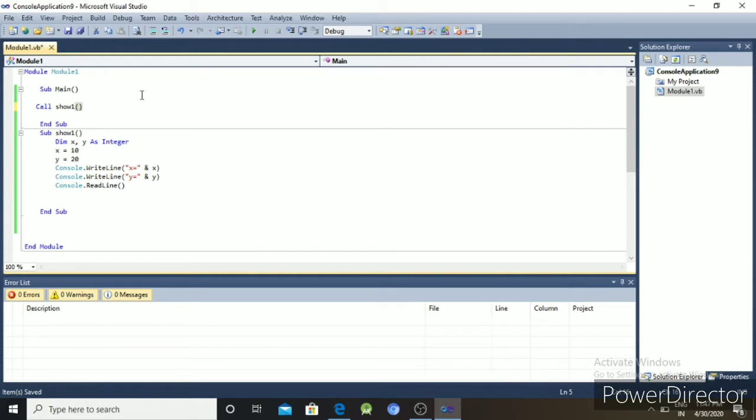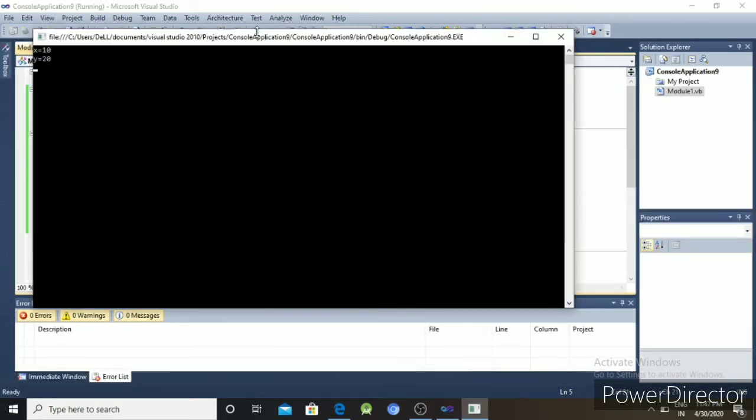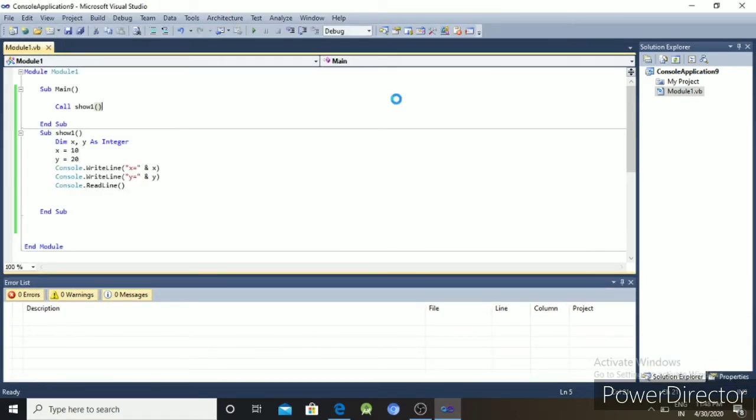Okay, and execute the program and show the result. Here x = 10 and y = 20. It is one of the procedure methods to write the program and display. So the code which we require again and again, we can call.